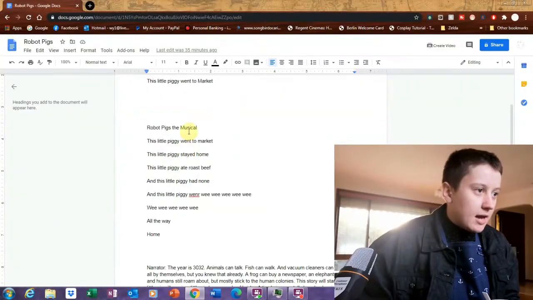And in terms of musical theatre, there is often a structure, okay? We've got the big opening group number that sets everything up, the place, the setting, whatever. Then you've got the I Want song with the main character. So we've got structure that we can play with, but prologue is what happens before any of that kind of stuff. Okay, so going back to the screen, we've got Robot Pigs the musical, we've got our little piggy intro that I've just sung through,